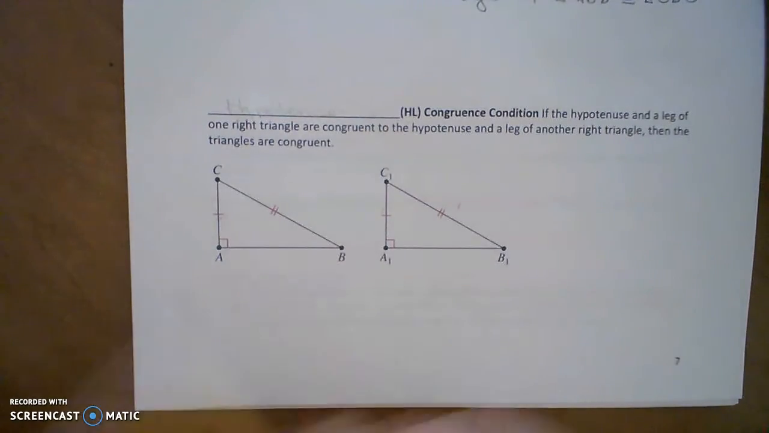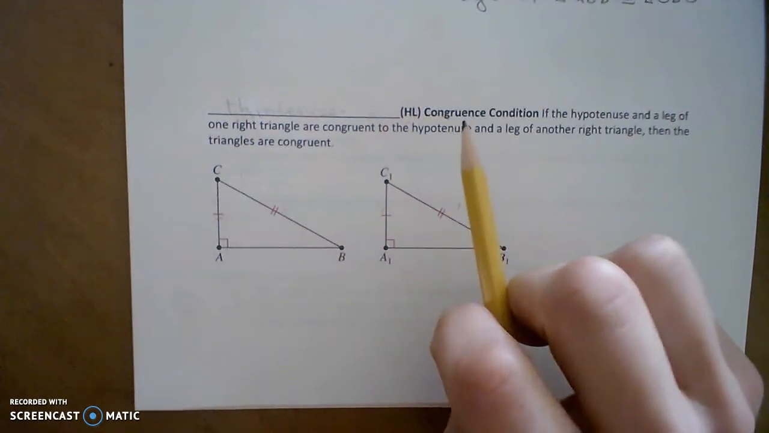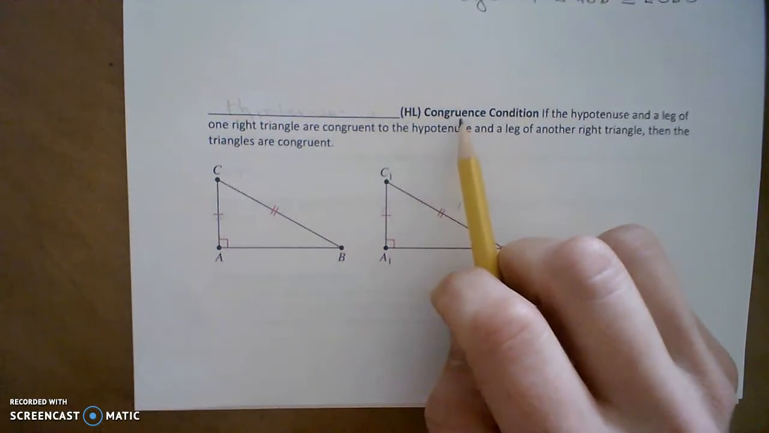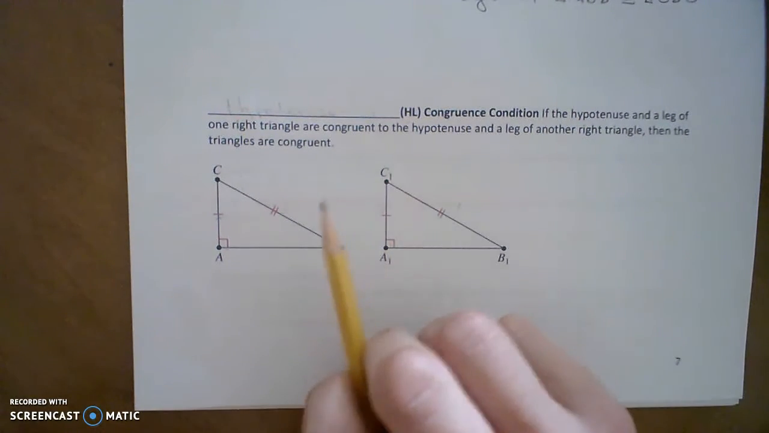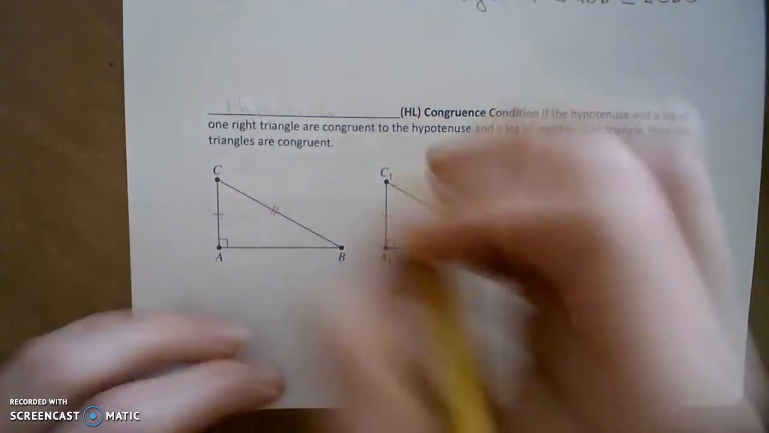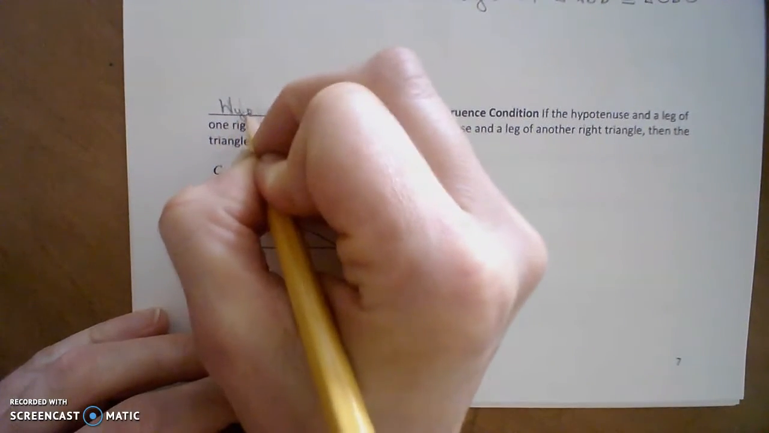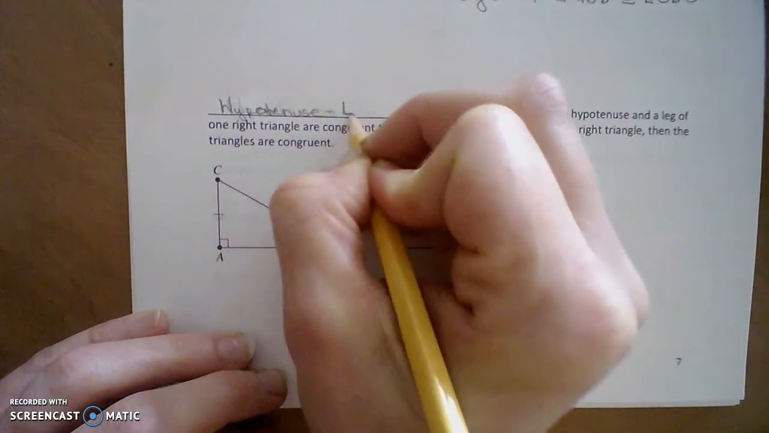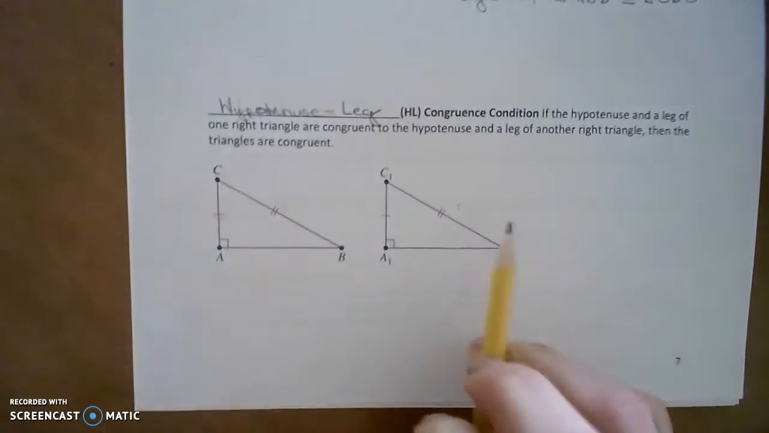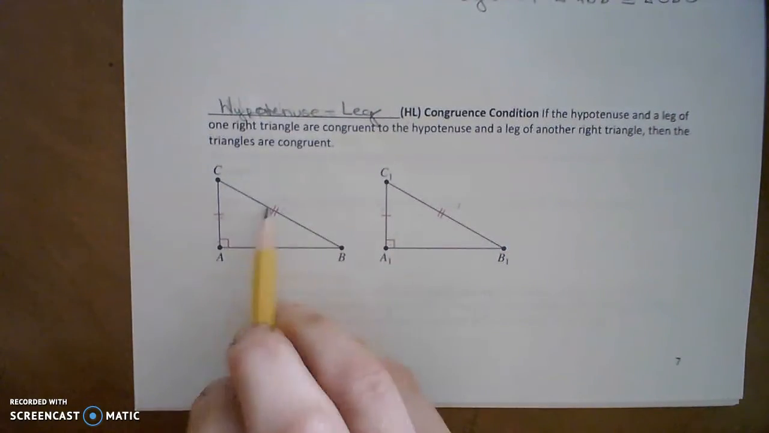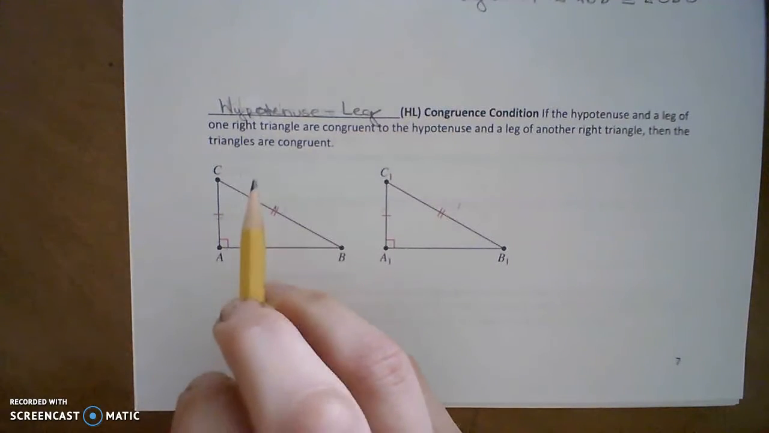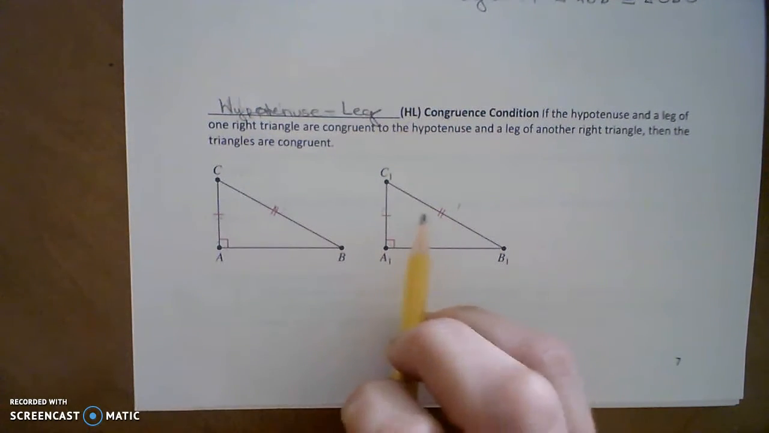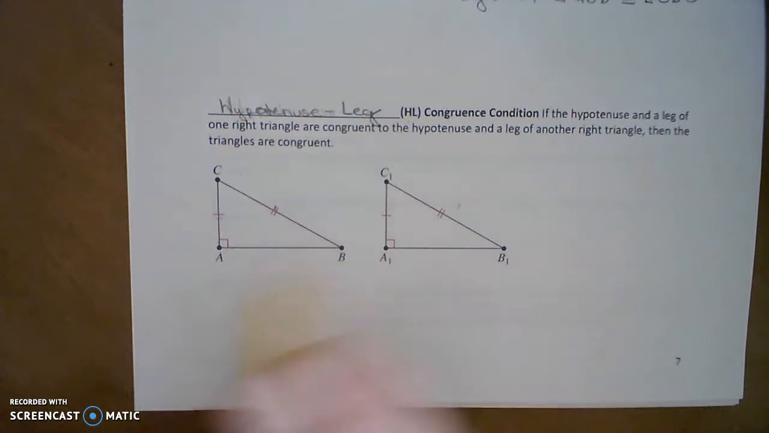Hey Math 206 students, last time we had side, side, side congruence and side, angle, side. This one will be hypotenuse leg, which is only a congruence condition for right triangles. So that's hypotenuse leg. It happens if the hypotenuse, which is the side across from the right angle, and one leg of one right triangle are congruent to the hypotenuse and leg of another right triangle, then you get that the triangles